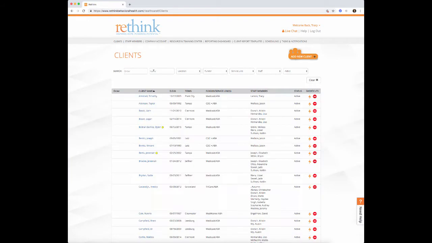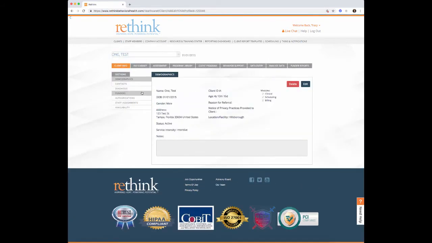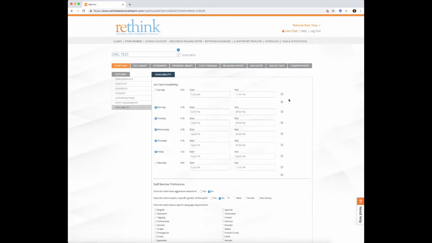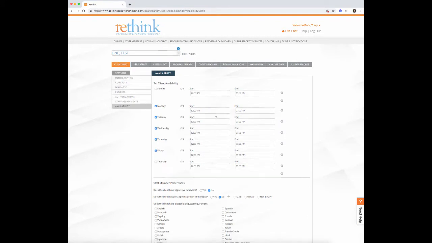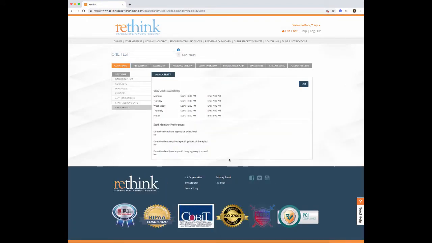We're going to go to clients, and I can search here by my client's name, Test. And availability is under this list again. So I'll go to availability and select edit, and then I can change my client's availability also. There are some other options down here that you can select: if the client has aggressive behaviors, if they require a specific gender therapist, if they speak any other languages. Okay, and then you can just hit save once you're finished. And so that's how you would change your availability within the calendar. So if we go back to scheduling,